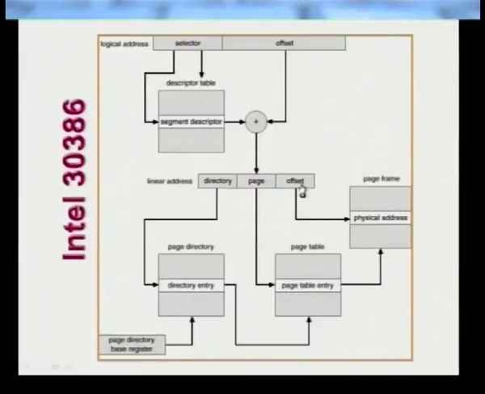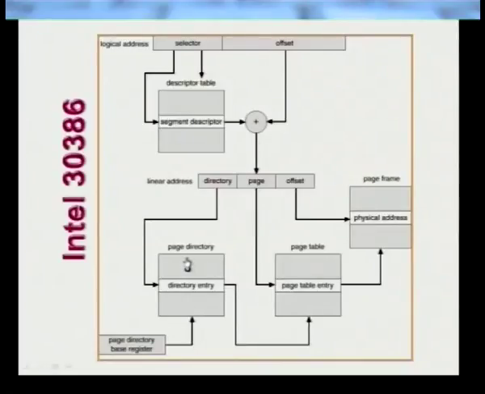Other than the offset, there is another part called the directory part. This directory part is now loaded and analyzed, and the corresponding directory entry in the page table is identified. The register which houses the base address of the page directory is called the page directory base register. This register is read, and the base address is loaded, and therefore the page directory is loaded